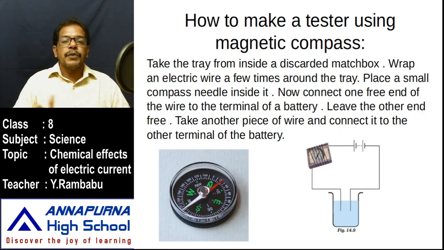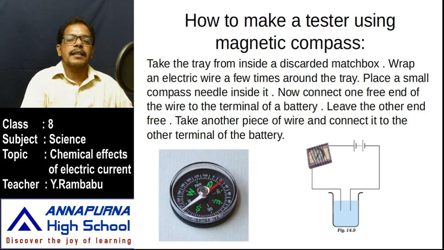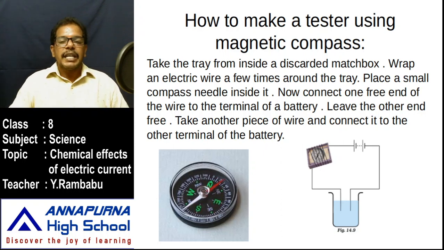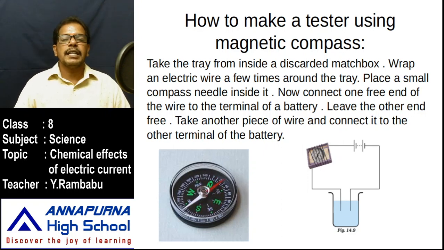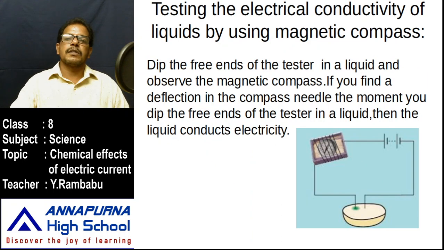As we already know, if electricity passes through a solution, that is a liquid conductor called an electrolyte. If electricity doesn't pass through a solution, that is a non-conductor or non-electrolyte. Like that, we test with the different liquids available in our lab or in our homes. After testing this, prepare a table like this.